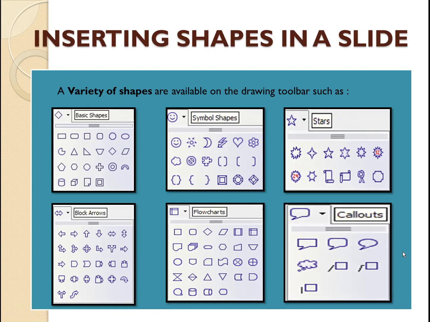The various tools in the drawing toolbar are here. You can use any of these shapes. Let's do a practical.